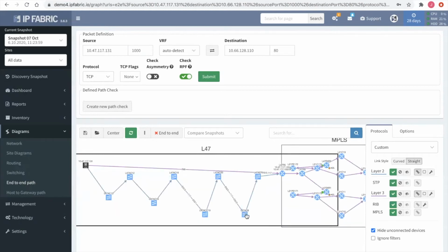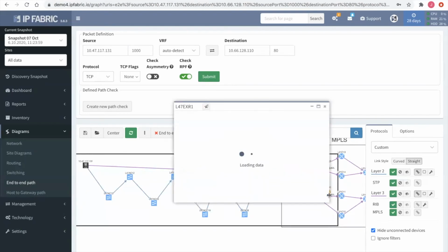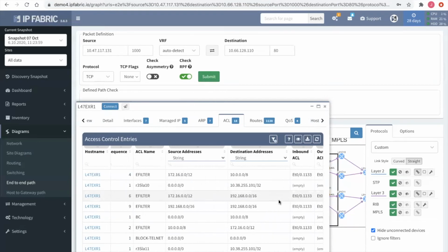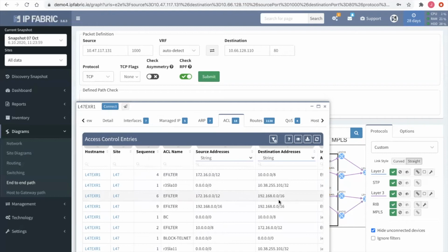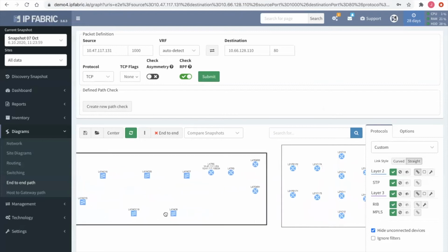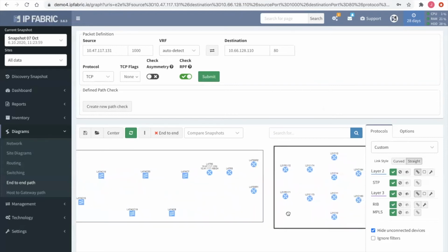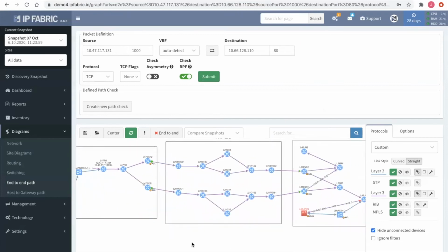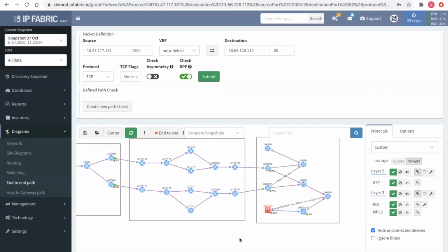As we established before, there are no problems, but at this point we can start seeing if there are any ACLs that may be inhibiting that traffic. So let's click on the ACL, and as we can see, all that traffic is permitted. All those subnets and destination addresses are permitted. Therefore, no ACLs have been changed. So let's look into the transit network. We can see the ingress and egress ports, and we can see that everything is behaving as intended. And then we get to the remote location where the